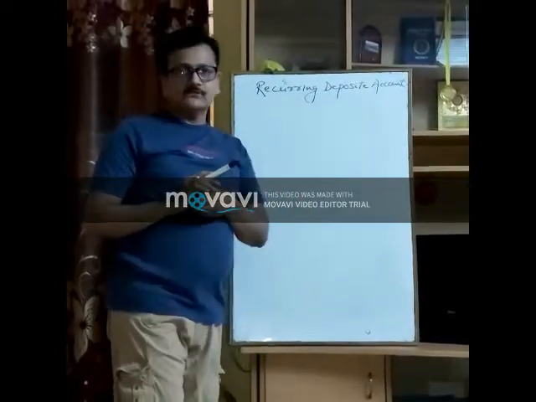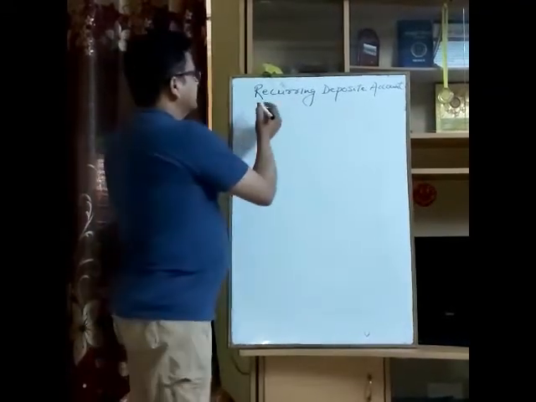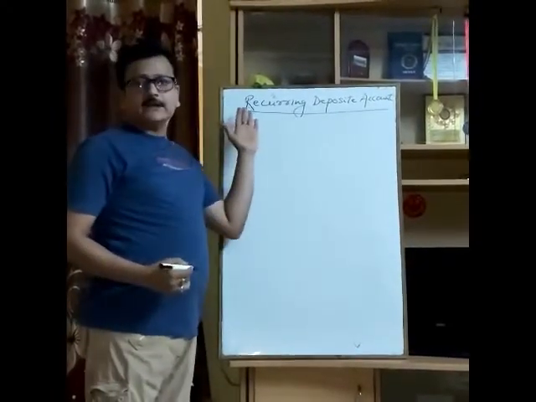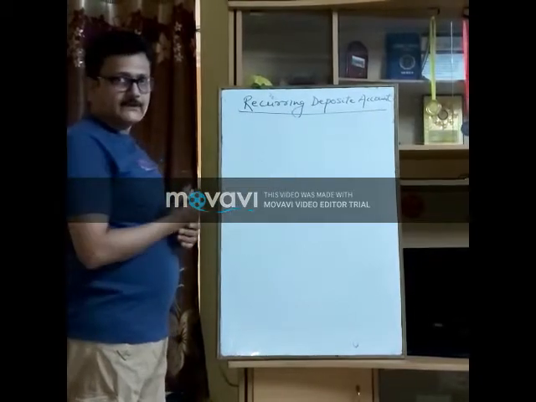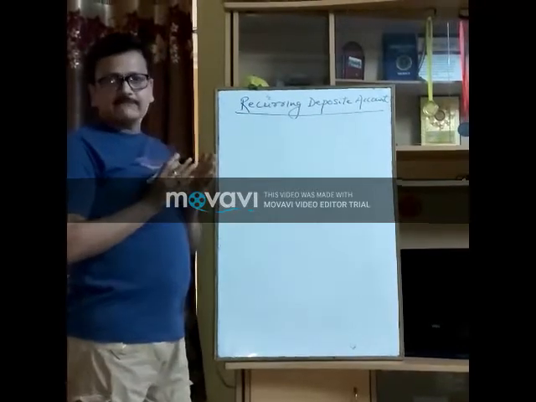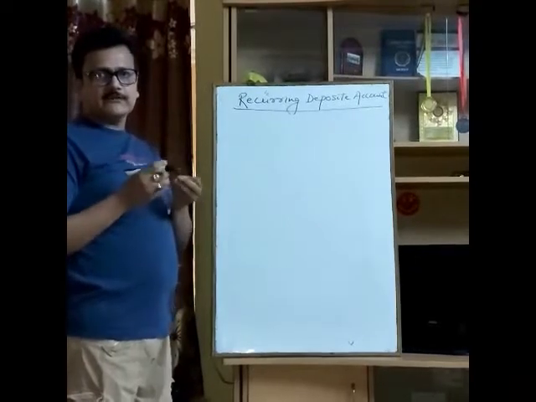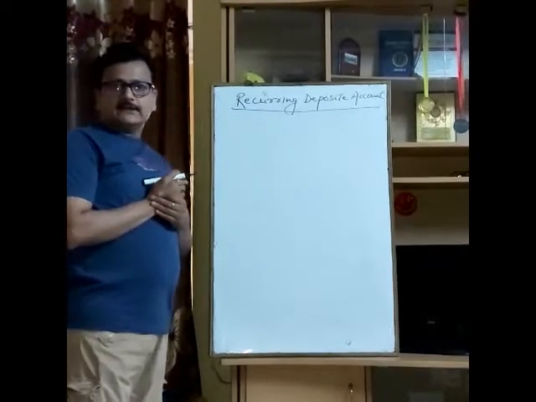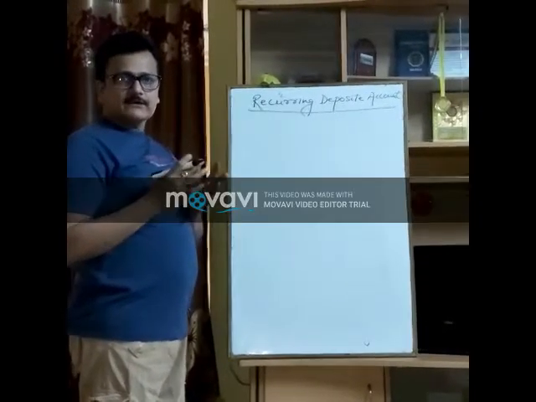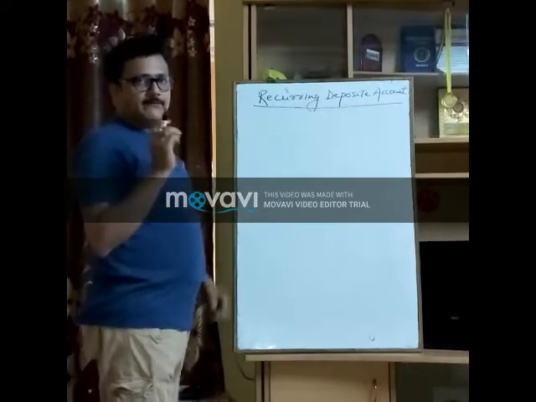This time we are going to study the chapter banking, and in the syllabus of ICSE only we have to study recurring deposit account. In this account, a certain sum of money is invested for a particular duration, 2 year, 3 year, 4 year, and when the duration completes, then he gets the all total of his money with interest, which is called maturity value. But before that,